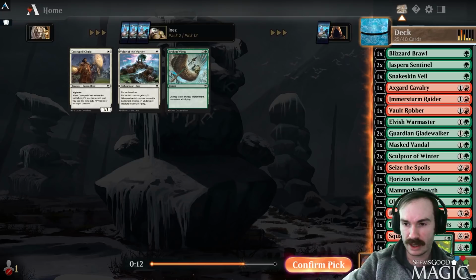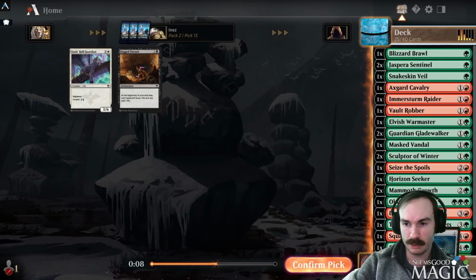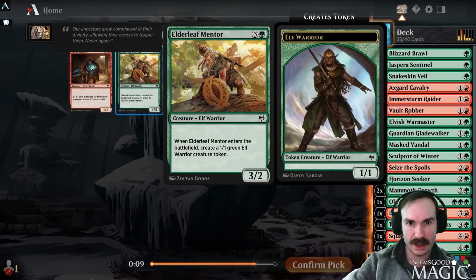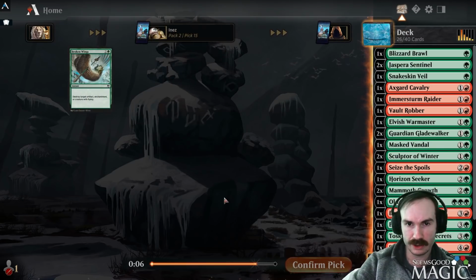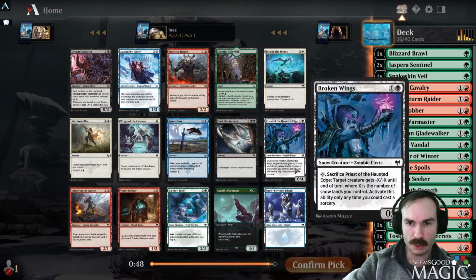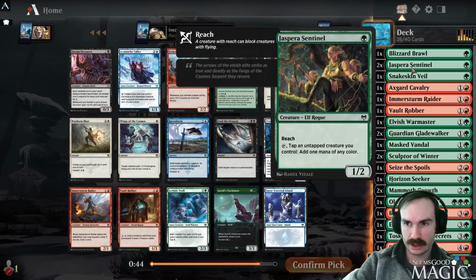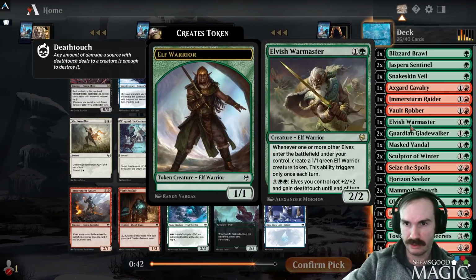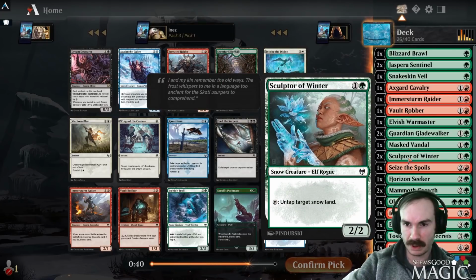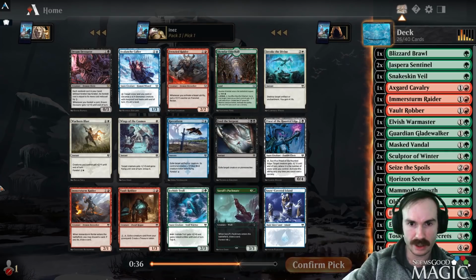Roots. I mean, we have a lot of elves now. With double Sculptor, and considering we basically already have a deck, I think I'm a little bit more on board with picking up Snowlands now. I wasn't anticipating... Ooh, Elderleaf Mentor, actually. Another elf. I wasn't anticipating getting as many elves as we did for War Master, and I wasn't anticipating getting as many ramp cards for our top end as we did, but...